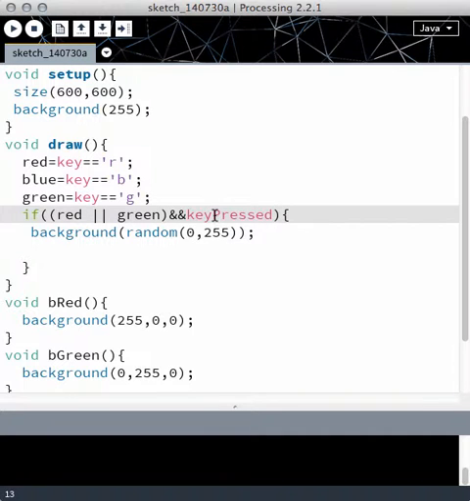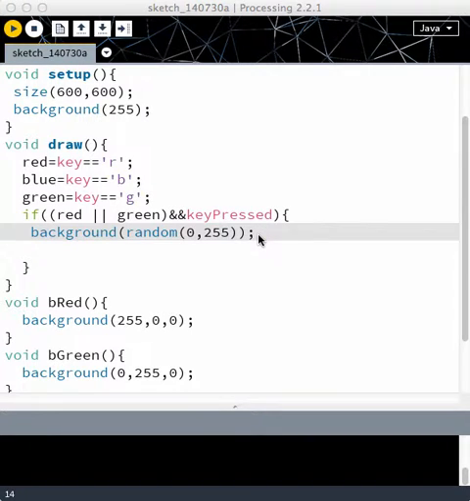Meaning, as soon as I push the R and release it, this part becomes false. And we know that in an AND, both parts need to be true. So when I run this and I push R once, we get one shade of gray. If I push G, another shade of gray. R. Now, you'll see that if I hold it,